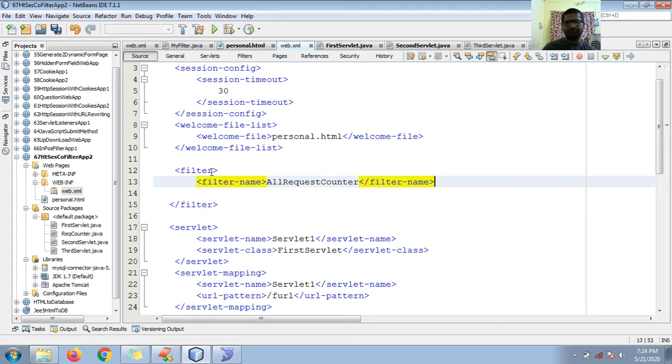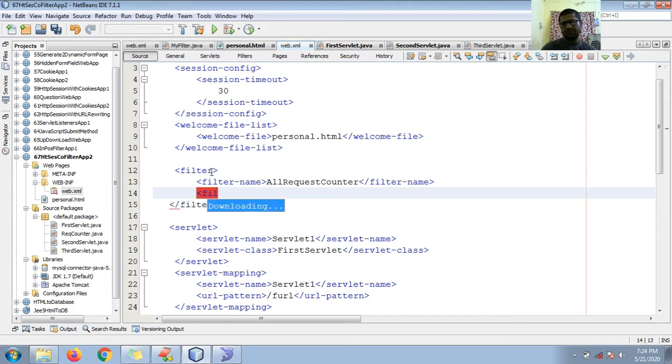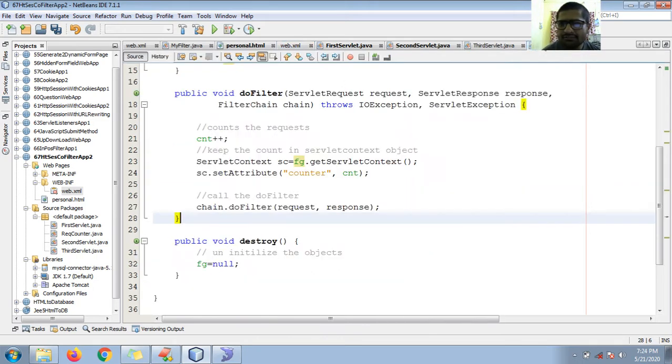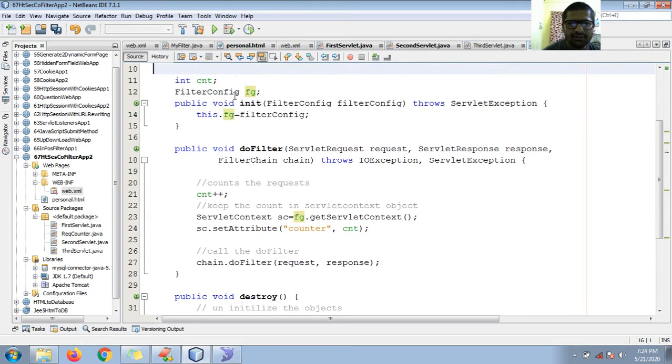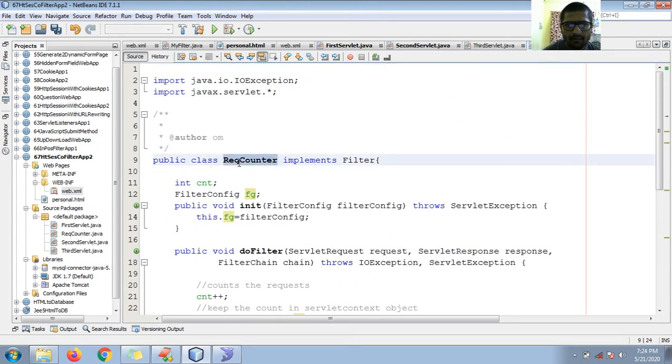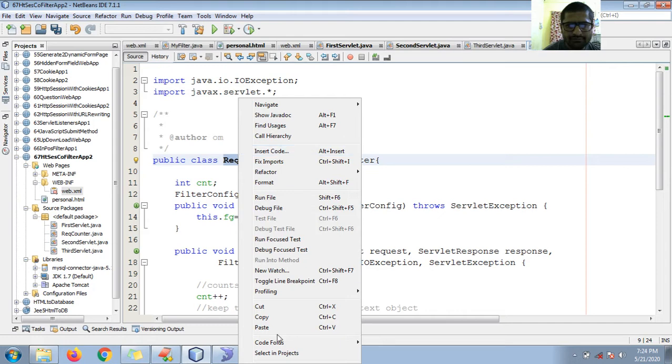Okay, so next let us add the filter class. What is the filter class name? We have created request counter. I want to avoid spelling mistakes, so I copied it.